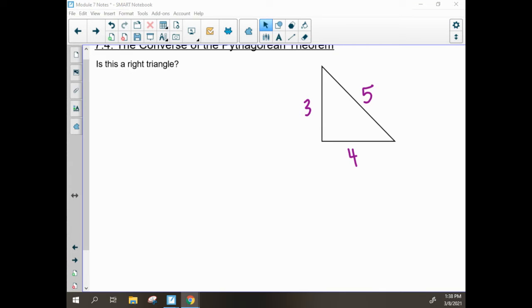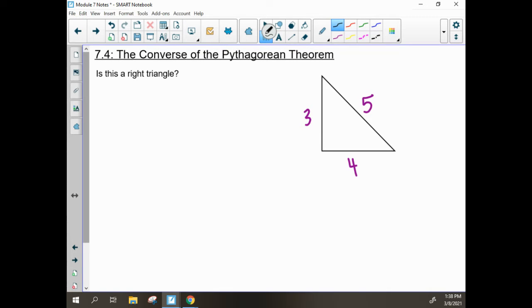All right, today we will be learning about the converse of the Pythagorean theorem. Converse just means that in an if-then statement, you flip the if and then. So in the Pythagorean theorem, it was if triangle ABC is a right triangle, then a squared plus b squared equals c squared. So the converse in this case is going to be if